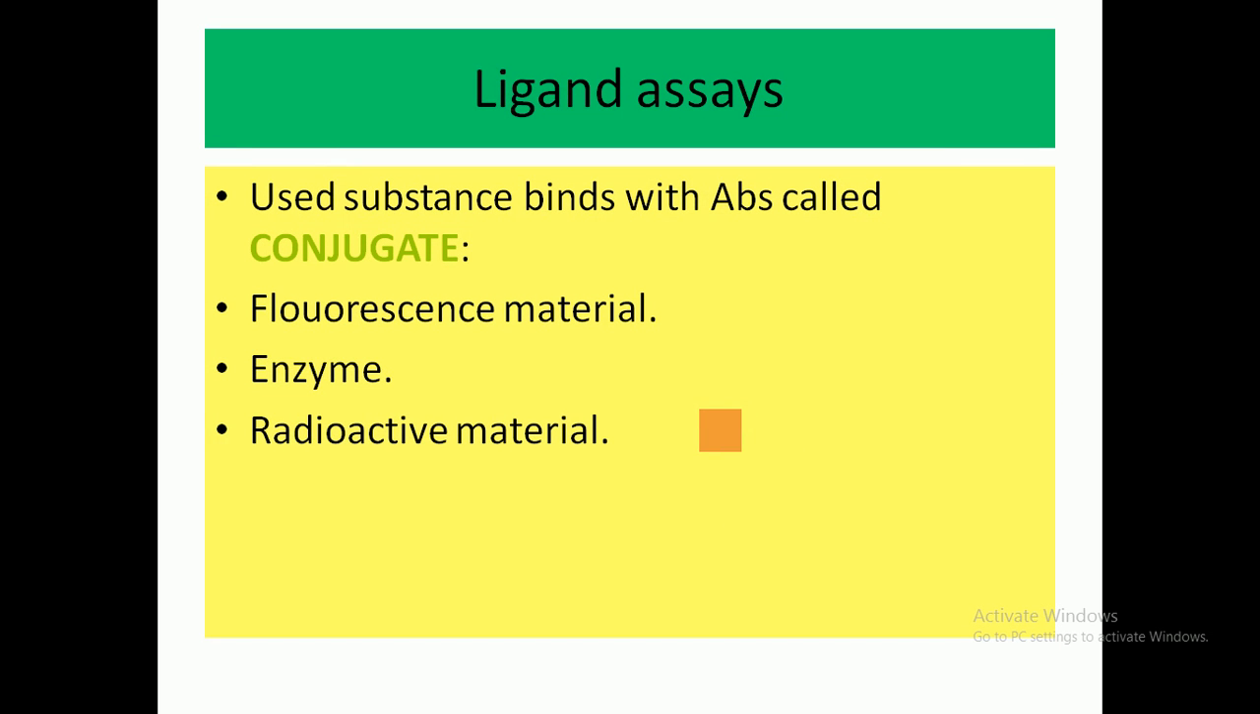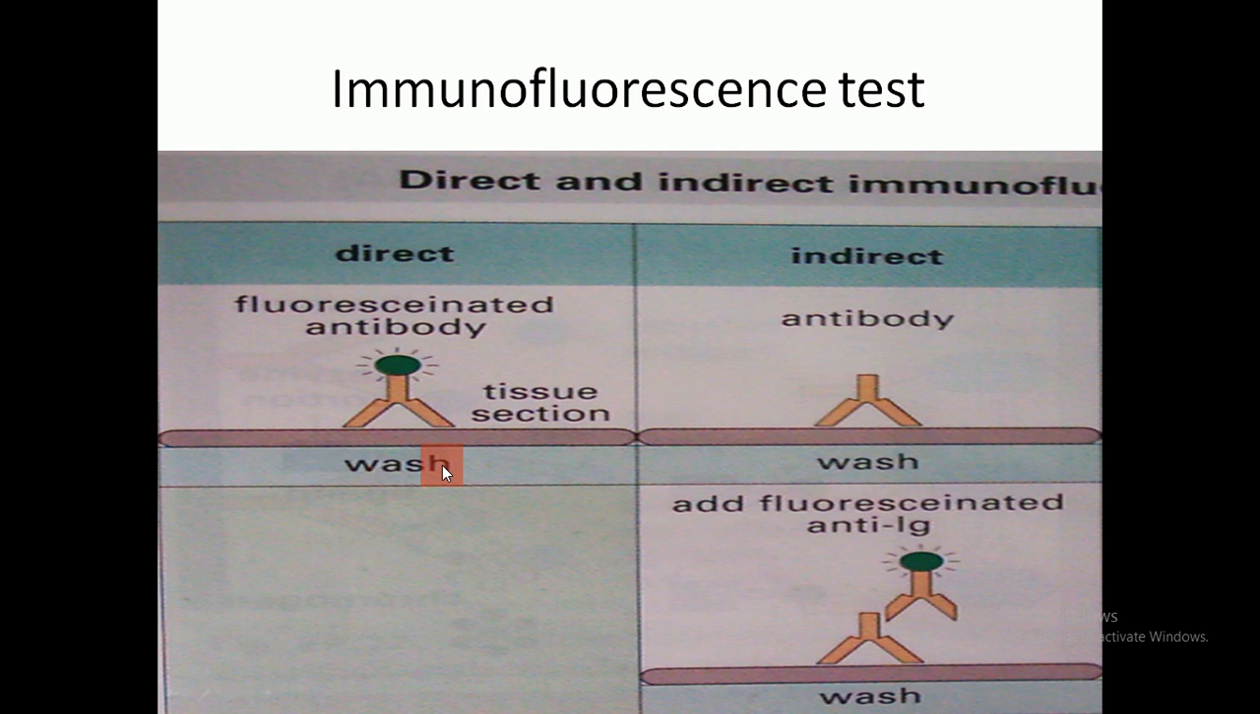It's ligand assay, and the ligand uses a substance that binds either with the antibody or antigen, and this is called the conjugate. This substance that binds to the antibody is either fluorescent material, enzyme, or radioactive material. First, we have the immunofluorescence test, and it's called so due to using the conjugate, which is the fluorescent material,